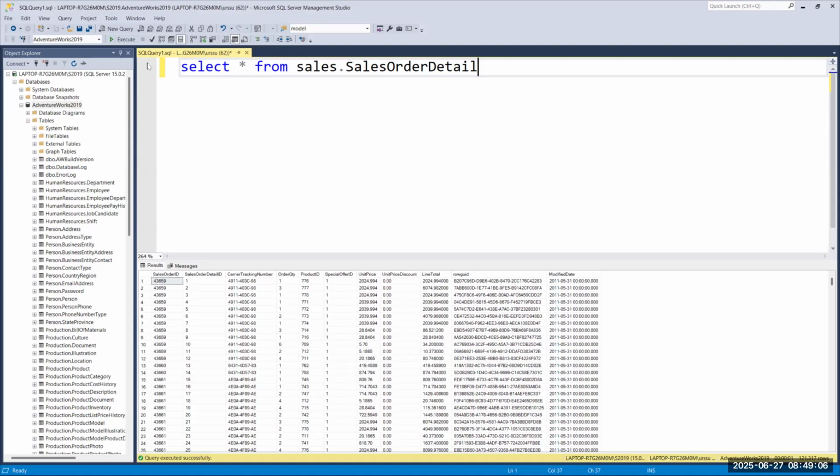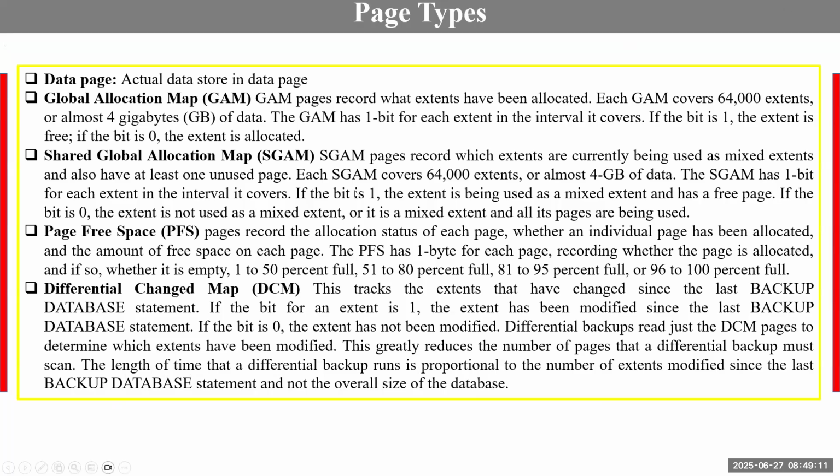Concepts are very easy, sir. Why you wanted to learn all this stuff means you should understand how my pages are creating, who my pages are creating, who my extents are creating, where my data is storing. Okay, you should understand, right? We can't simply